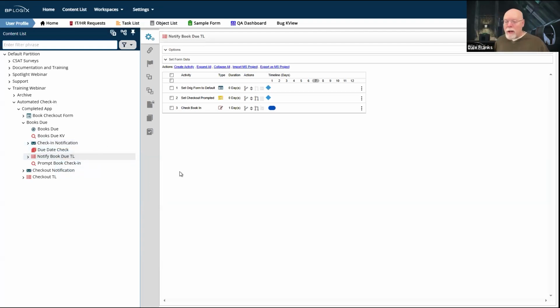Great. So now we know two things. We know how the book gets checked out, and we know what form is going to be used for that. And we also know how the form is going to be checked back in, or at least the process that will be used to check that form back in, because we've seen both the process timeline and the notification for that, and we know we're using the same form.